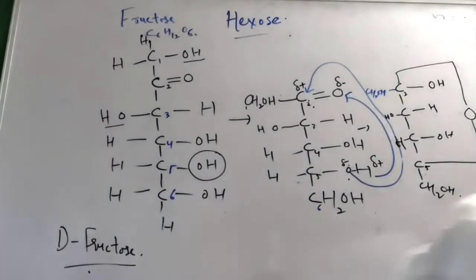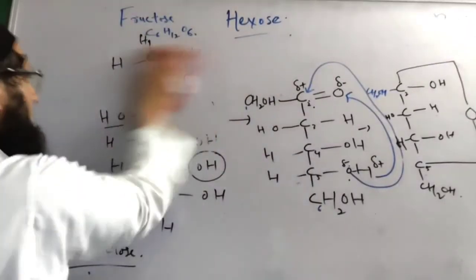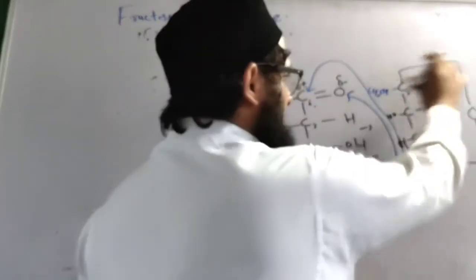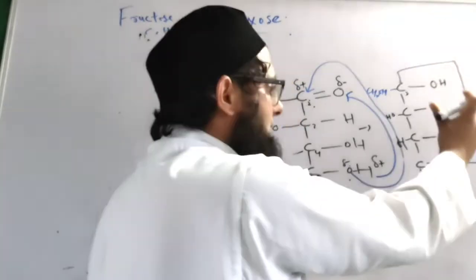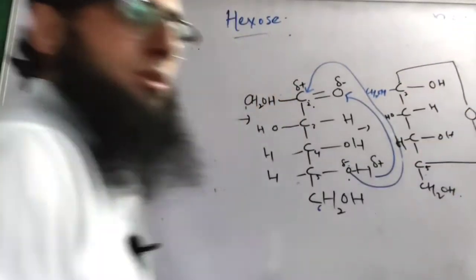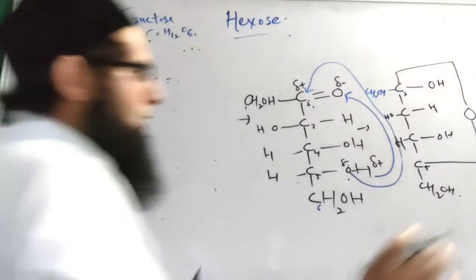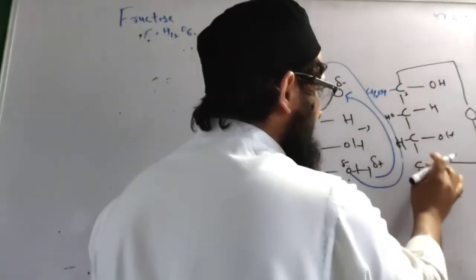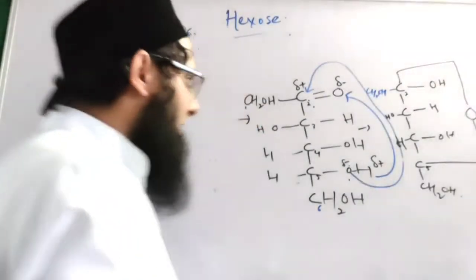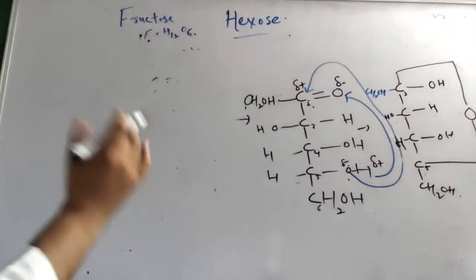Now let's have a look at what will happen next. In this ring structure that is formed, we have 1, 2, 3, 4, 5 atoms. We don't have 6 atoms in the ring, we have just 5 atoms: 4 carbon atoms and 1 oxygen atom. Carbon number 1 and carbon number 6 are outside the ring. So we have 5 atoms in the ring, and the ring formed is called a